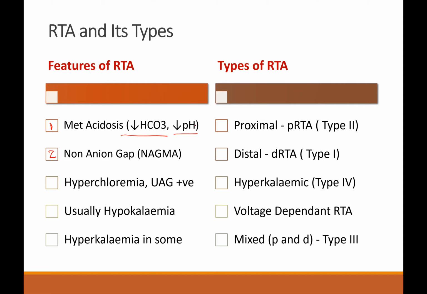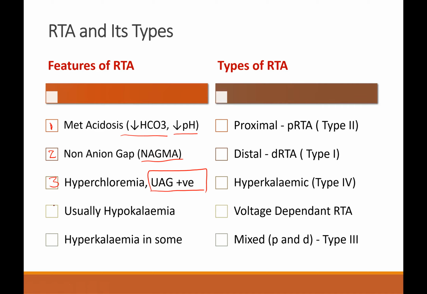And we know when the bicarbonate goes down, when no other anion is there, the chloride has to go up because the anion gap is to be maintained. Anion gap is sodium minus bicarbonate plus chloride. If the bicarbonate is low, chloride swings up. That is what is called hyperchloremia. And we also know when we have metabolic acidosis of the NAGMA type, we have to differentiate gut causes from renal causes, and we do that by doing a urine anion gap. Urine anion gap will be positive in this particular case.